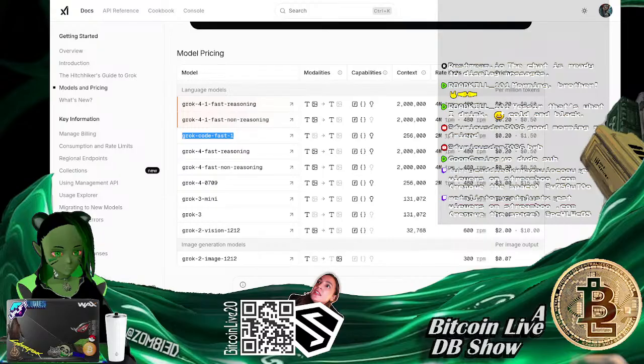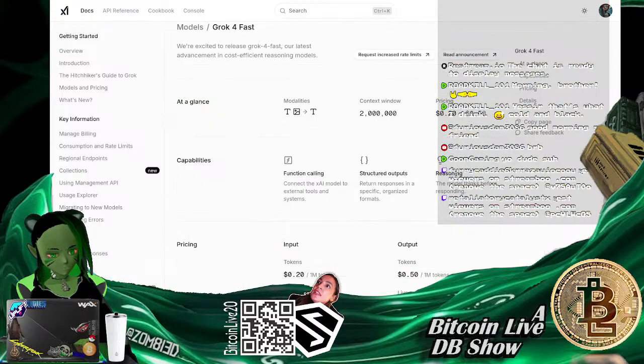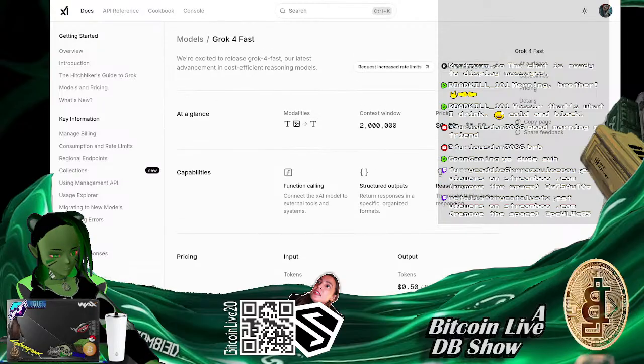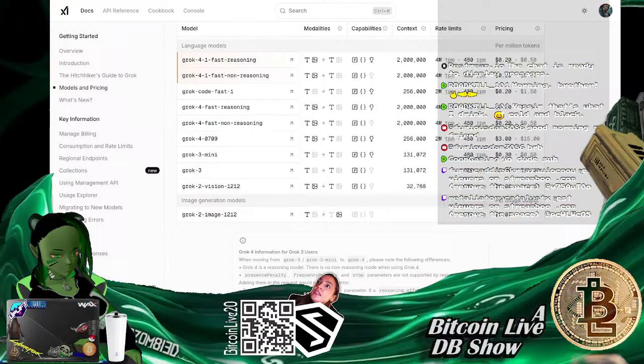I am not using CodeFast 1. I am using Grok 4, I think. Actually, I think I'm using this one, Grok 4 0709. Yeah, I believe that's what I'm doing.